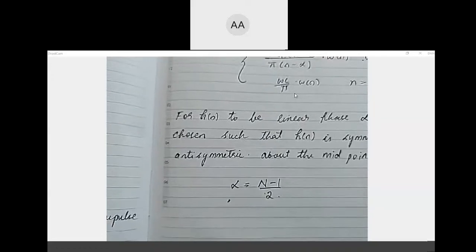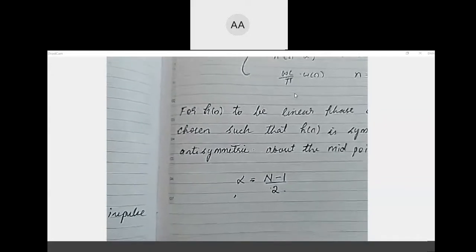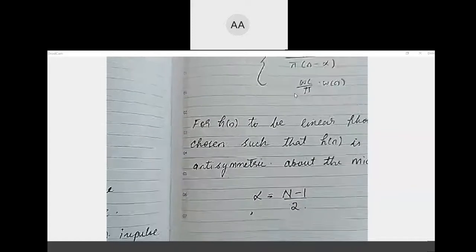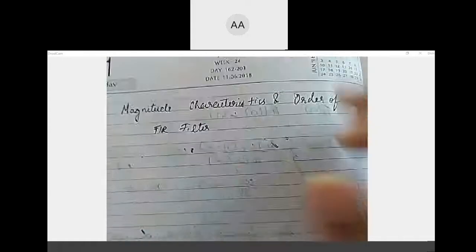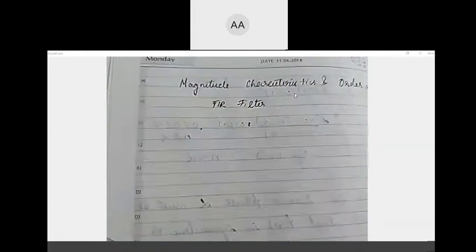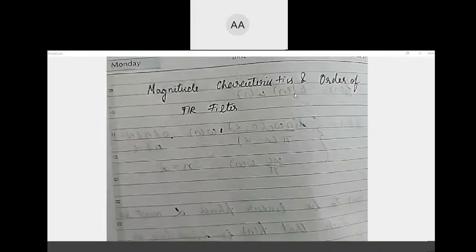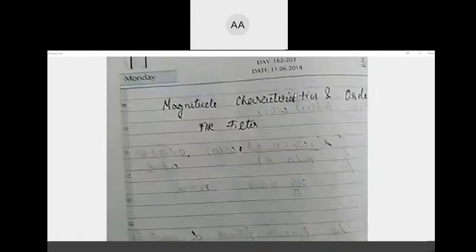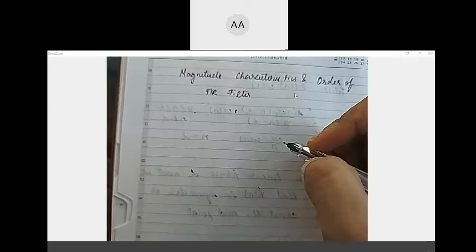So I hope you all go through this once. Also, the notes of this are already shared. If you have seen it once, you will understand. So now we'll see today in general how we can write this and what the magnitude response of the filter is. For a simple low pass filter, I will draw the characteristics, h of omega and omega, and I'll give you the equation for this. So how do I do this?